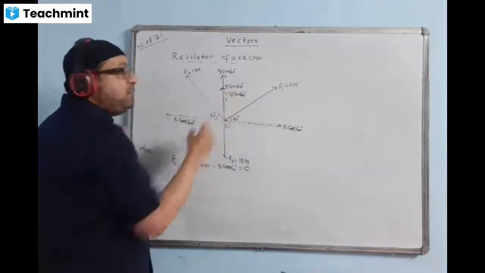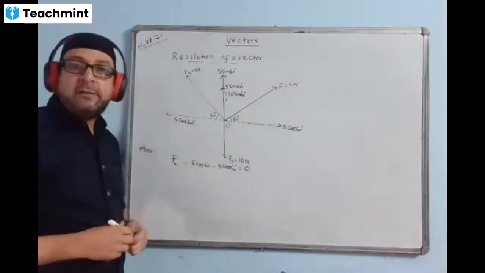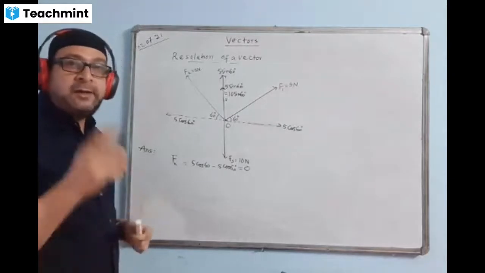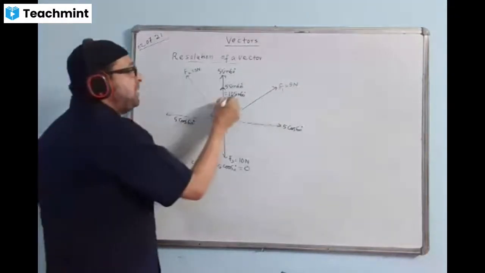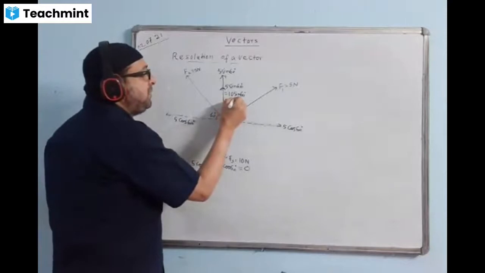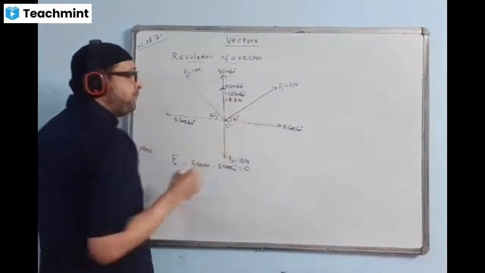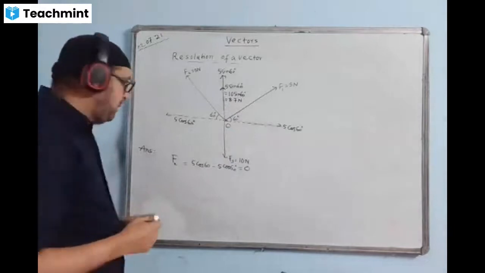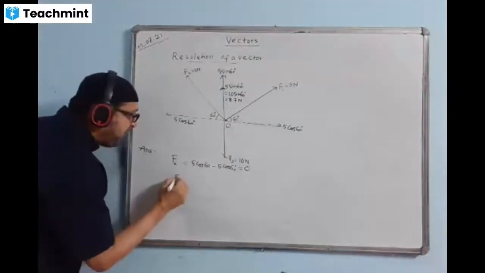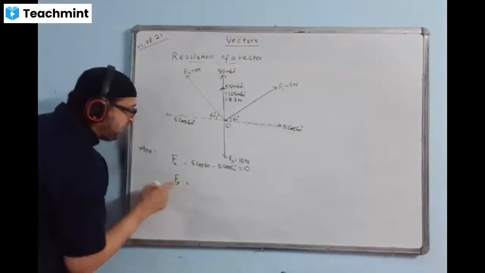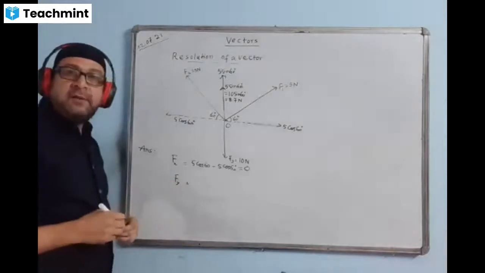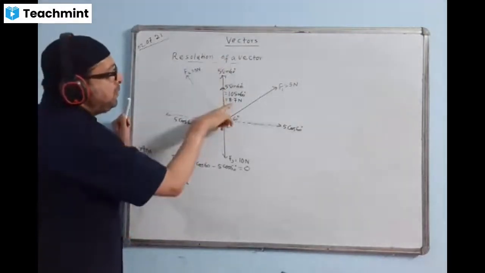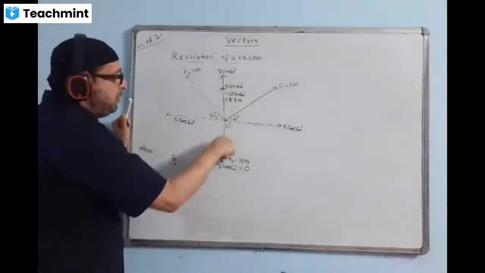The 10 sin 60 value we can find using a calculator. Please calculate the value of 10 sin 60 using a calculator and tell me the answer. I'm sure this answer will come 8.67, that is 8.7 Newton. The total of these two is 8.7. Here I will write Fy equal to F in the y direction. F in the y direction will be, this total value 8.7 up, 10 Newton is down.